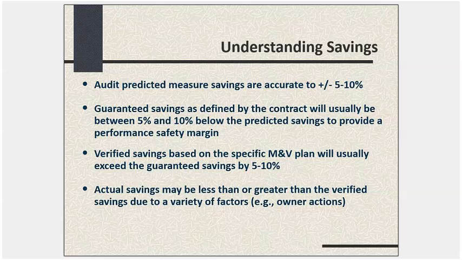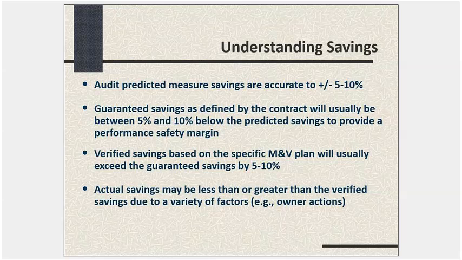There's also the case, and this is probably the more frequent case, where actual savings are a little less than the verified savings, and that's because the owner has taken action to increase consumption, and it's outside the responsibility of the ESCO, but it's something that the owner needed to do for other operational reasons, and it increased consumption. So even though the ESCO made their guarantee, they did everything according to what the plan required, and all the measurements were what they were required to be to verify savings from the ESCO project, actual consumption could still be a little bit higher than anticipated. You might not avoid all the utility costs, not because of anything the ESCO did, but because of some action